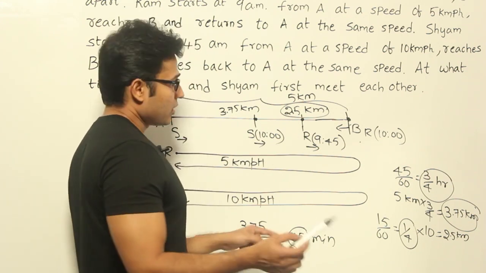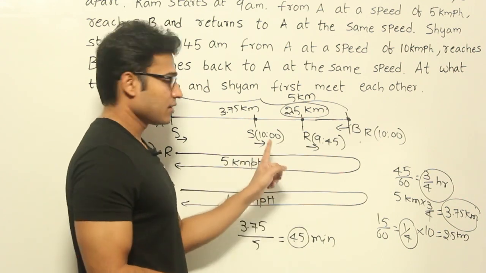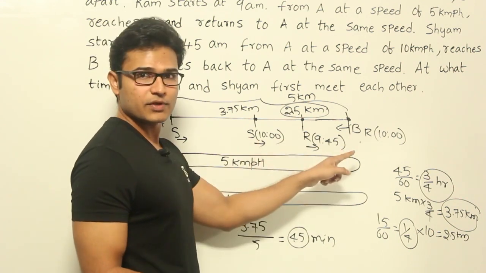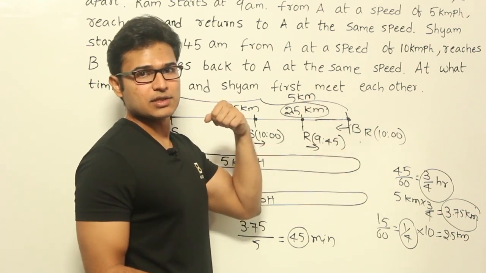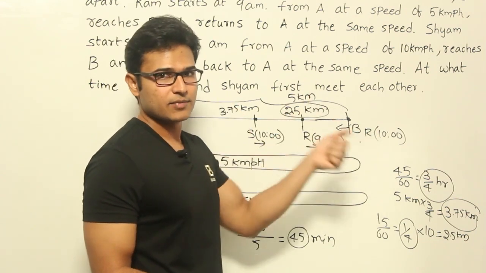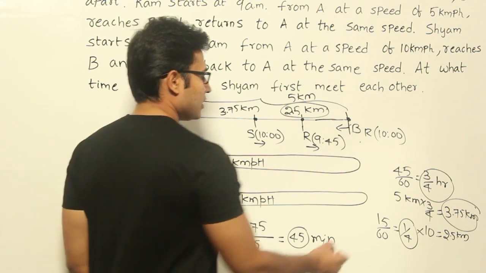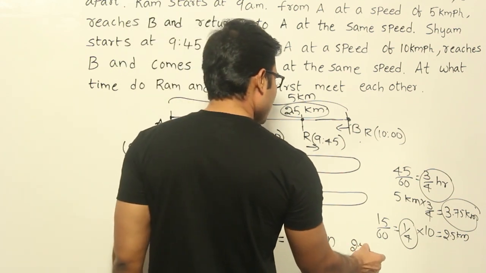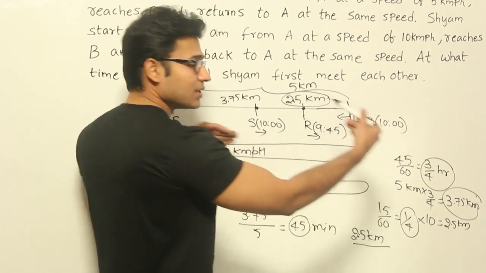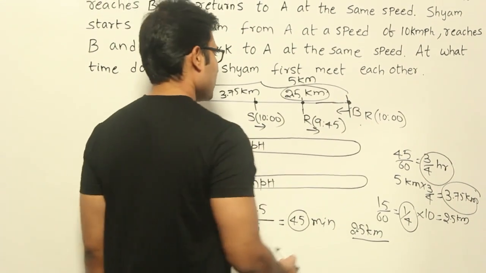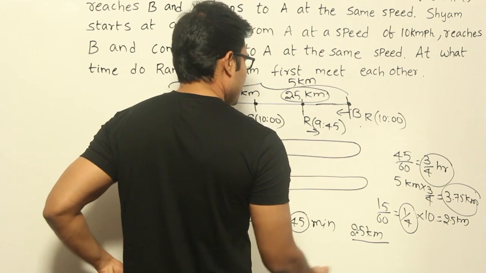Now we can find out how much time it will take for them to meet each other. Also, you should know that the time is now 10 o'clock, right? From 10 you have to find out how much more time they will take to meet each other. Then you can find out exactly the time at which they are going to meet, right? So the total distance is 2.5 kilometers and the total speed, which is nothing but relative speed in this case, with opposite directions, right? So what is it going to be? 10 plus 5 means 15